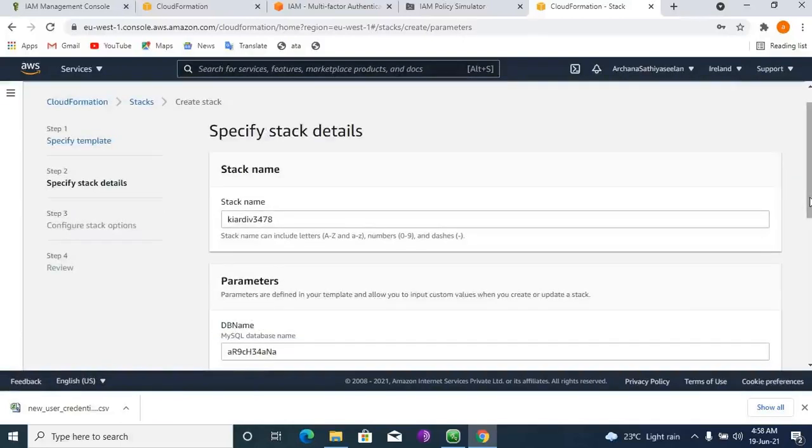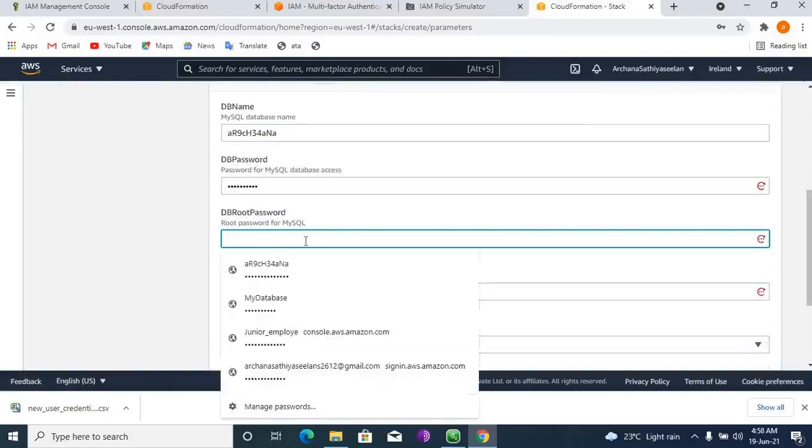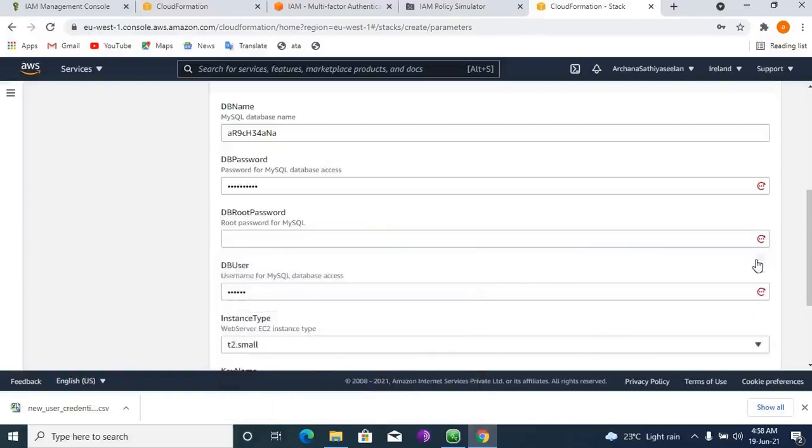Go to Parameters and edit it. The password must contain only alphabet and numeric characters. You must not give any special character, not even an underscore. Only alphanumeric characters you must give.